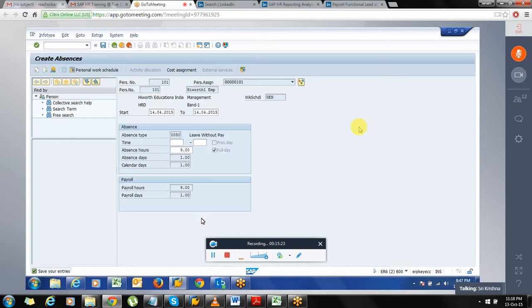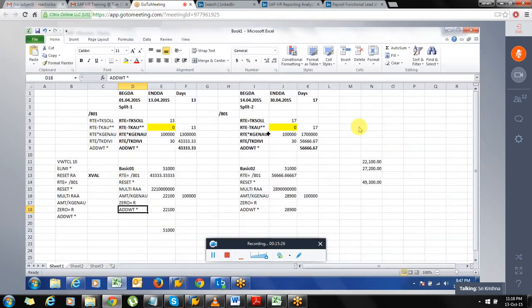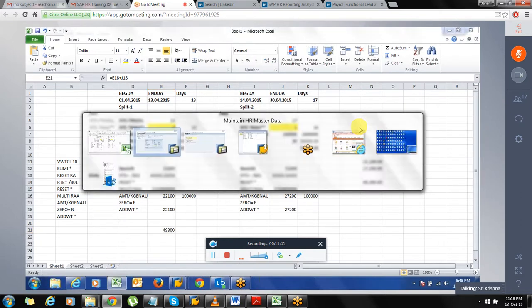And the final output should come like 49,300, we should get. So 49,300 we got. If you see which split was reduced, if it falls under the second split, the options, the second split